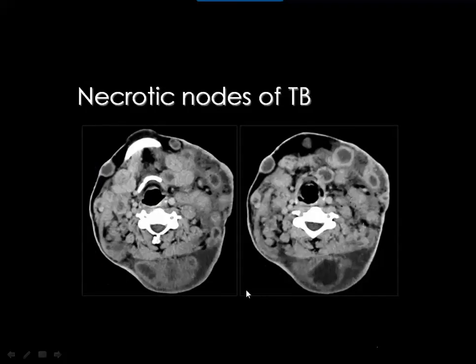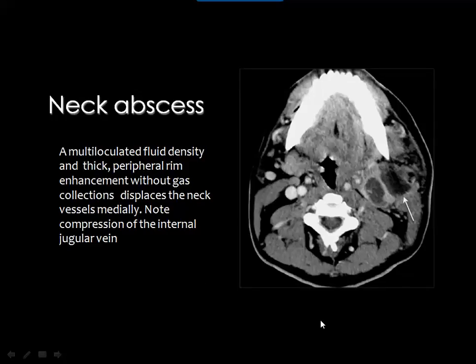And this is a common appearance of necrotic nodes that are affected by TB. And you see that the smaller nodes are homogeneously enhanced, and larger nodes may have a necrotic center and a peripherally enhancing margin. And some of the nodes, whenever infected, will form an abscess, and here you see a multilocular abscess in one of the lymph nodes in the upper deep cervical group of lymph nodes. You can appreciate the stranding of the related fat planes